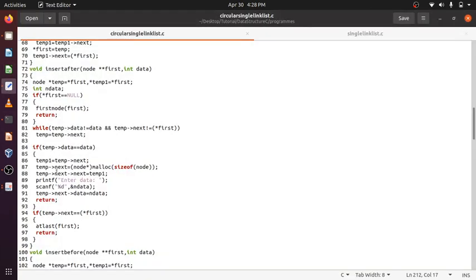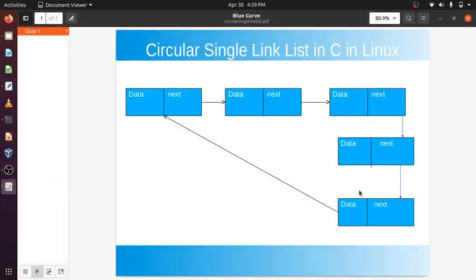So what I am doing, temp next, I created that node. After that, temp next will be made. Temp 1 will not be pointing to the previous node. Sorry, here I am telling you wrong. Suppose this is the node after which I need to insert. Temp will be pointing here and temp 1 will point to the next, which is this.